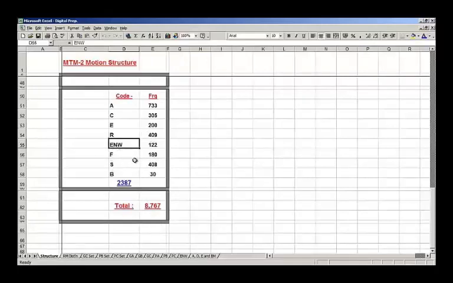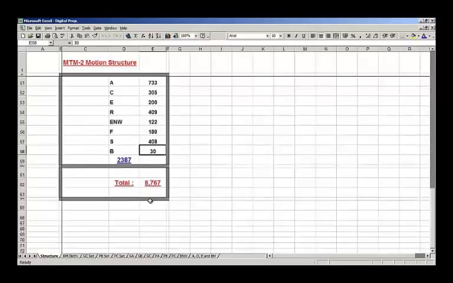GW is get weight and PW is put weight. I propose we deal with that separately, or differently rather, and we'll explain that later. Foot motion, step, and this bend and arise figure is an estimate. We couldn't pick any up in the project report. I don't know whether they were just missed out accidentally, but there must have been some bend and arise in there. So I'll put an estimate in of 30.